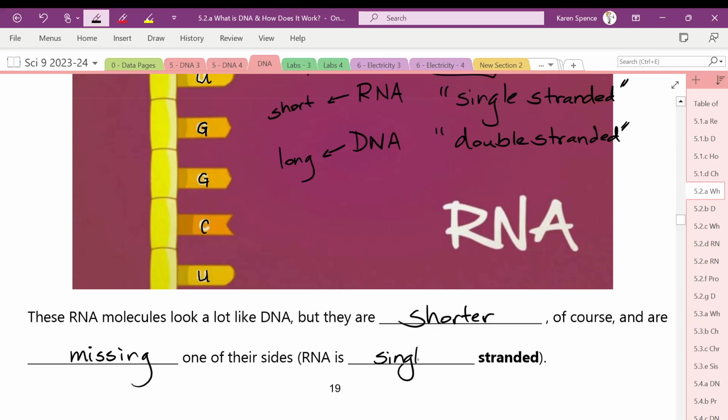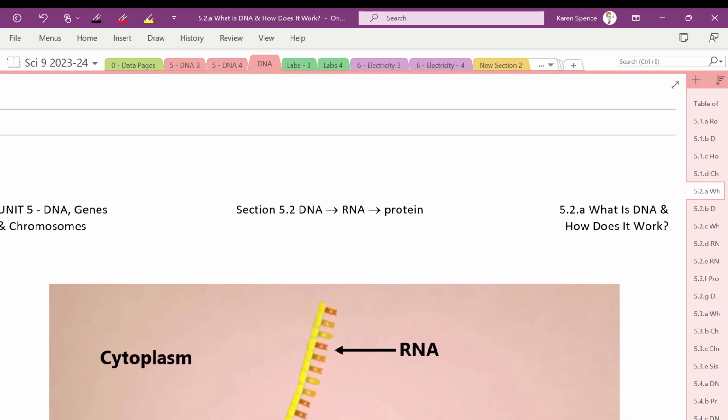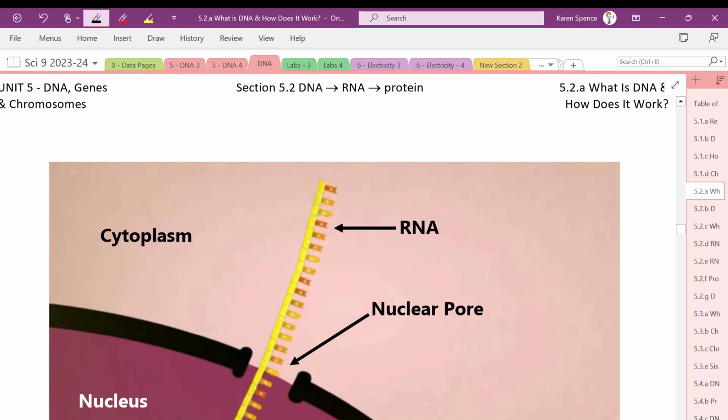Single-stranded. So it's not only shorter, but it's also narrower. Half of a ladder is a lot narrower than a full ladder. It's half as wide. Yes? And because it's short and half as wide,